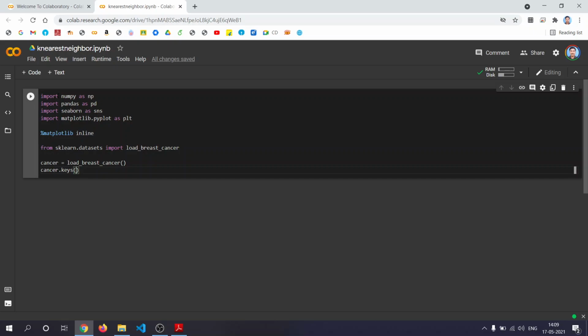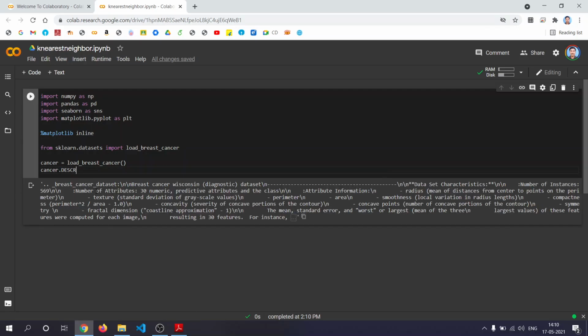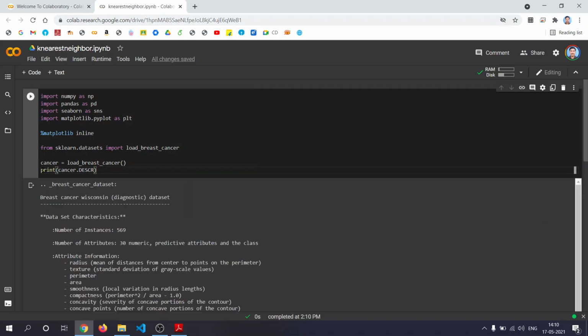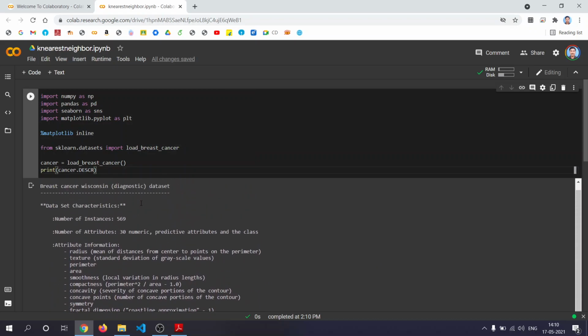It's going to give you a dictionary, and the dictionary contains these values: data, target names, description, etc. Okay, so let's look at the description first. We'll print it, then you will get it in the correct format. So this is how it is organized.